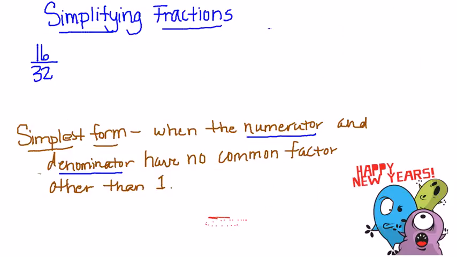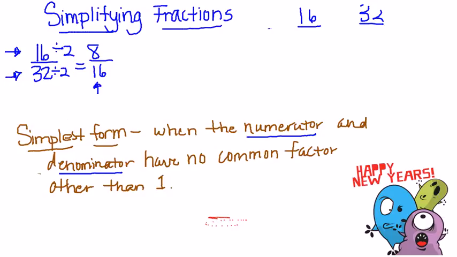All right, let's start with our fraction 16 over 32. We can do the factors of 16 and the factors of 32, and what's common is we could use those. Or the other way that I was going to suggest to you is doing what I call whittling. I noticed that 16 and 32 have something in common. They're both even. So I could divide 16 by 2. If I do that, I'm going to get 8 over 16. What do I notice about now 8 and 16? You guessed it. Both those numbers are even. So that means they're divisible by 2. So I'm just going to keep dividing by 2